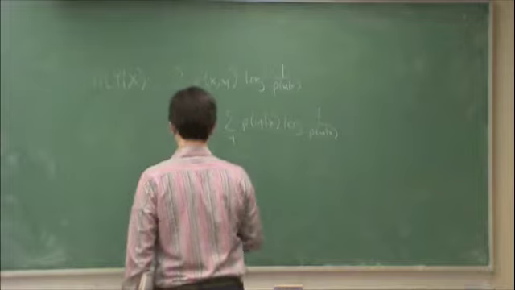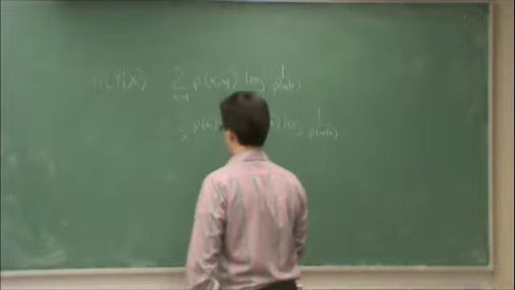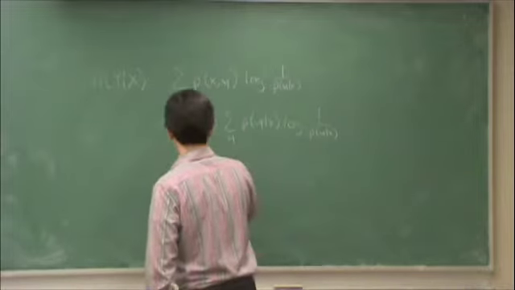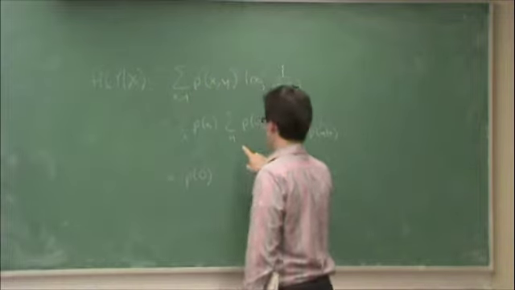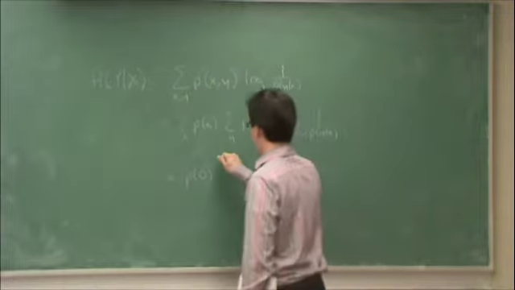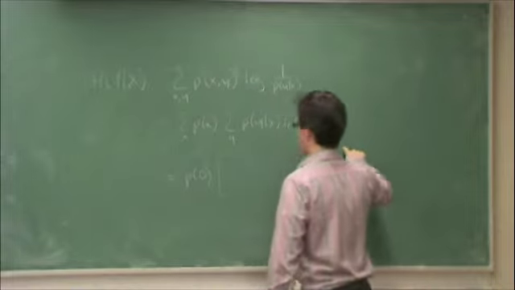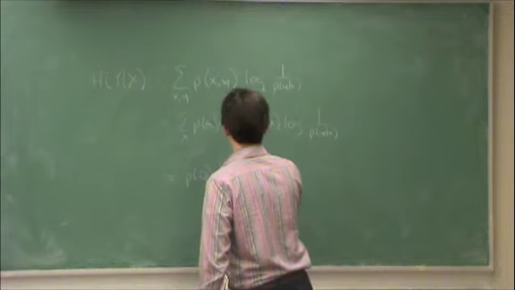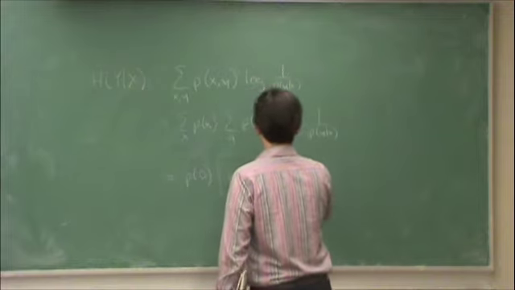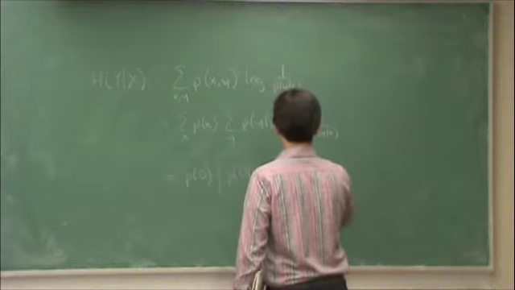So this is equal to, let's take the two cases of x equals 0 and 1. So I have p of 0 times the three possibilities over here: 0, 1, and E. So this is the probability of 0 given 0, log 1 over p of 0 given 0,